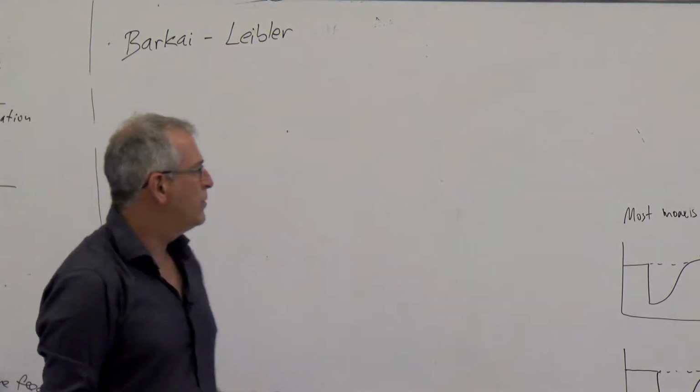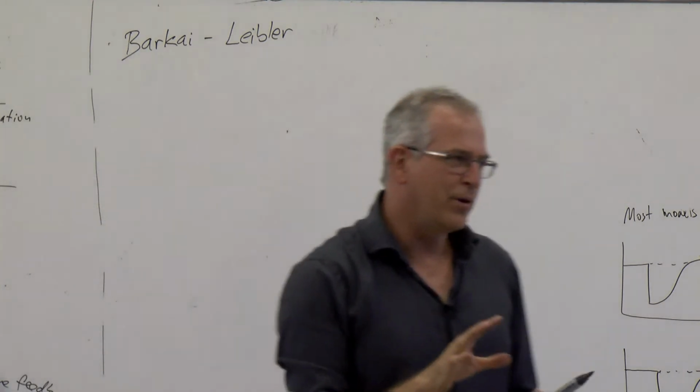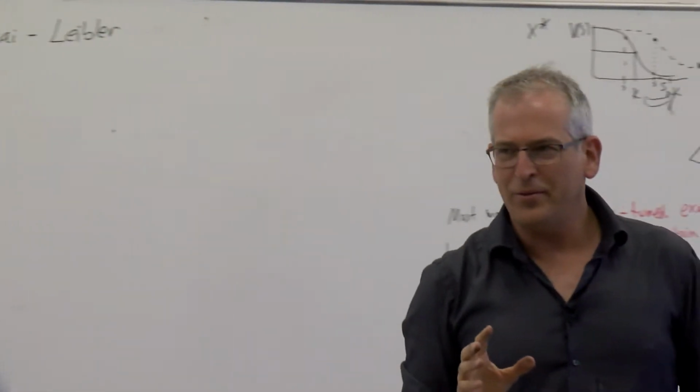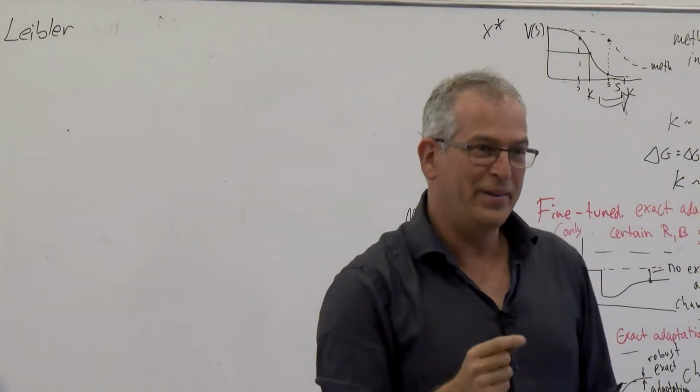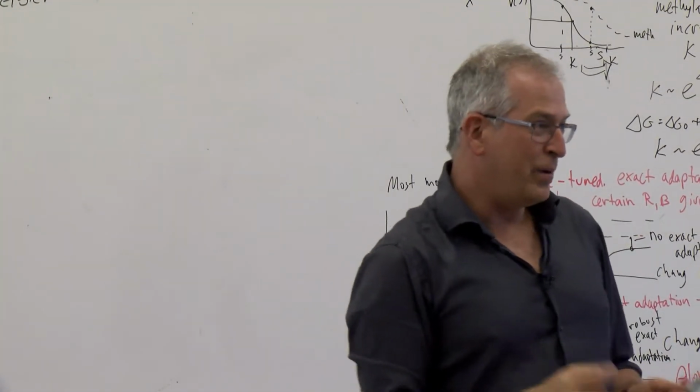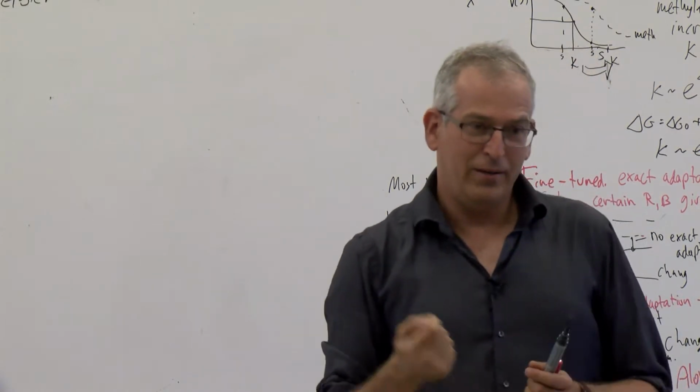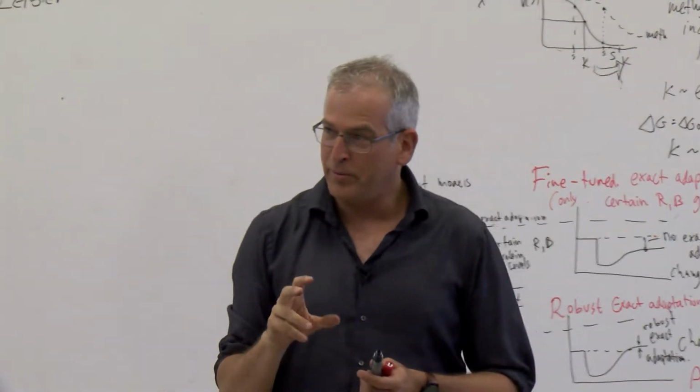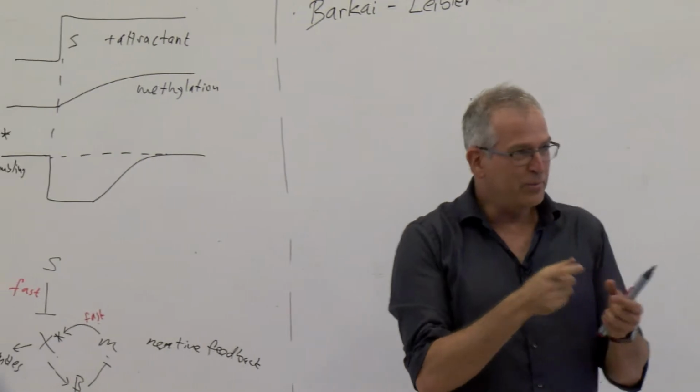And Nama came to Stan one year before I did. So she did this model. And the reason I did those experiments was because I was so excited about the model, I wanted to experimentally test: is exact adaptation really robust? That's why I changed from a theoretical physicist to an experimental biologist and learned how to make all those plasmids,